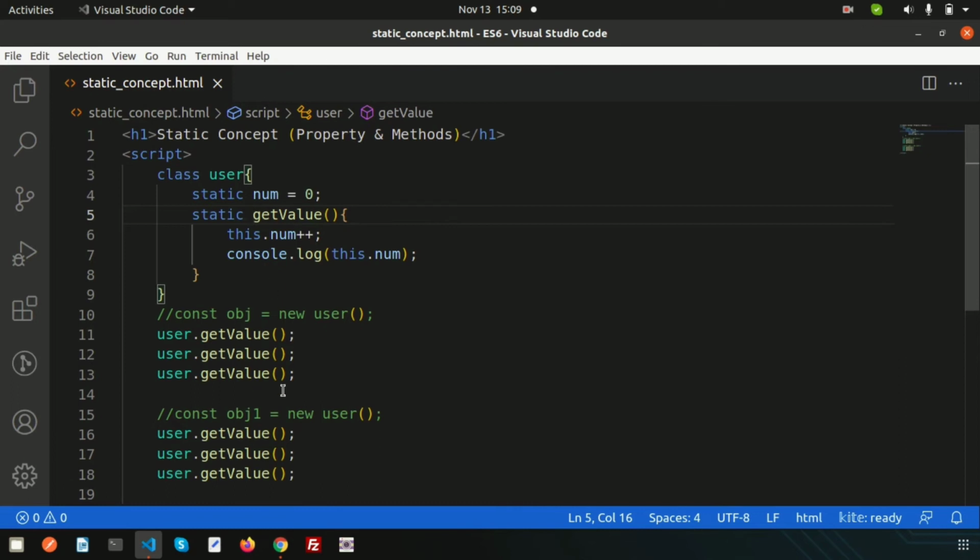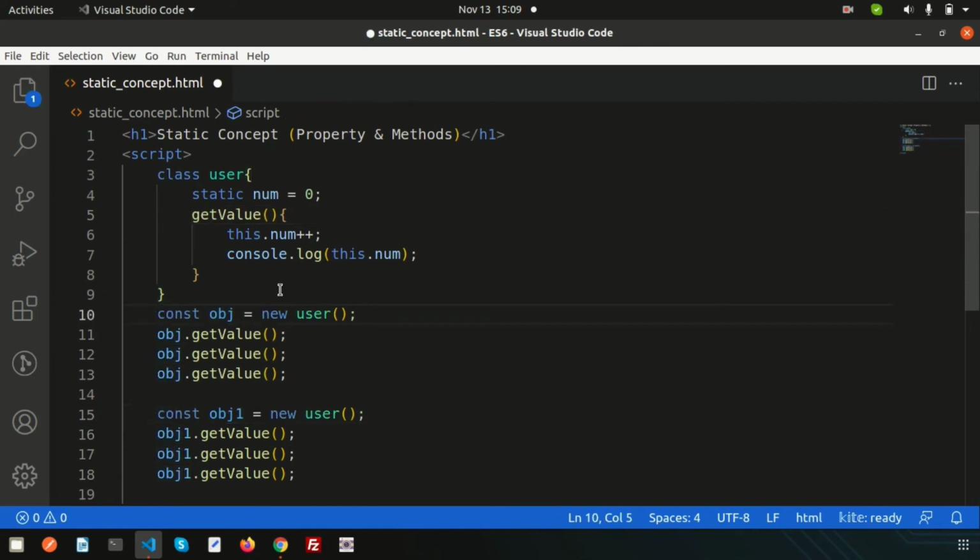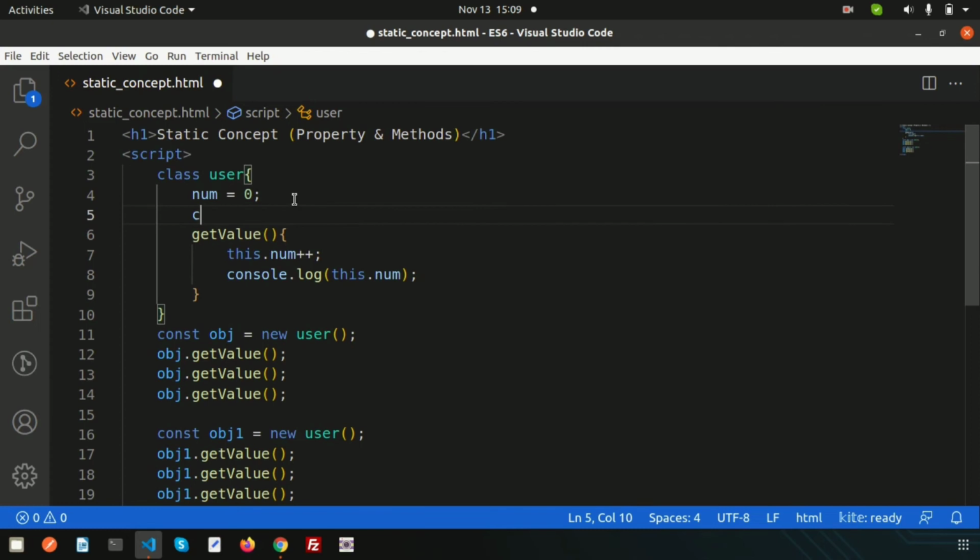Now the another thing, suppose let's undo these things, and here I am declaring this as normal. Okay, so for the previous example, suppose there is a constructor. So let's create a constructor and just log something.